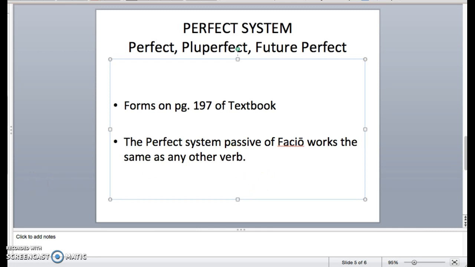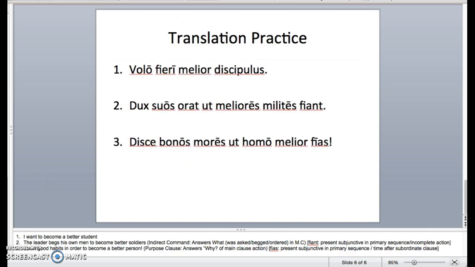And so moving on to the last page, we're just going to do a little translation practice. I gave you a couple of really simple translation sentences in the notes section of the second slide of this presentation. So if you want to go back and look at those, I would recommend it. But looking at some slightly more complex ones, if you want to pause the video and try to translate these on your own, now would be a good time. Otherwise, I'm just going to start translating.